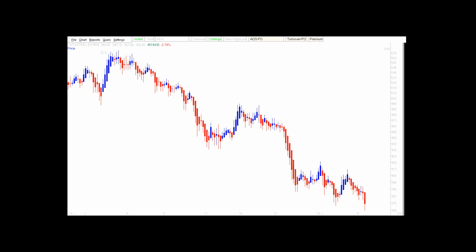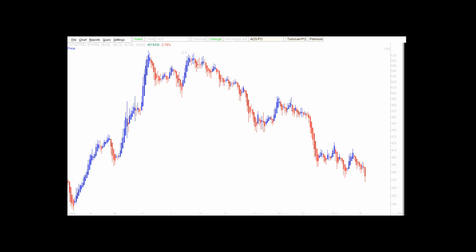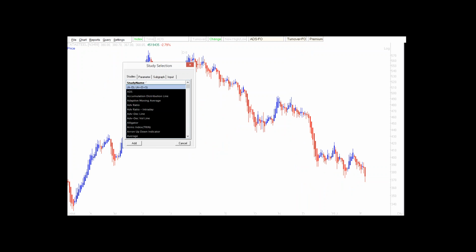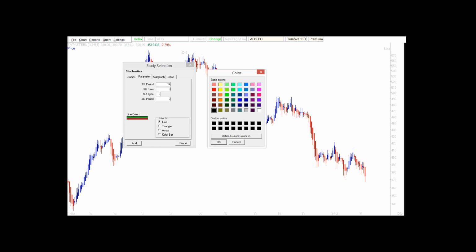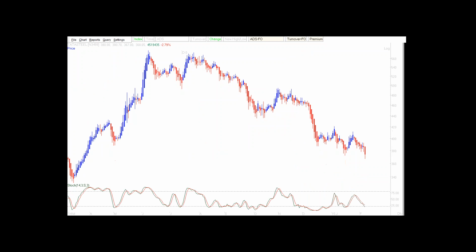Stop loss trailing is also an art by itself. So we'll be doing that in detail in our art and science. We'll be talking about underlying volatility. Let's plot an indicator. We have done stochastics. So let's say 14, 3, 3 is the period that we chose. And let me add this.